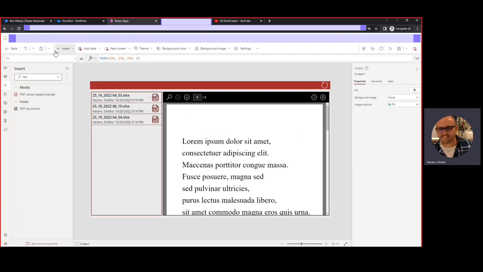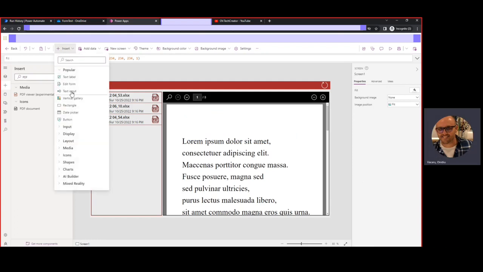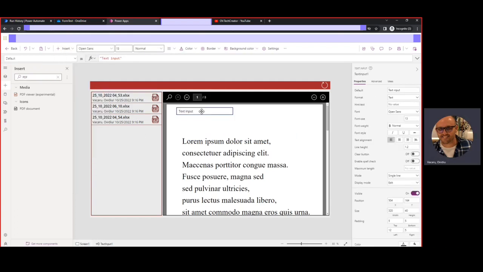Actually, I would like to add a text input label. Okay, and now let's make it bigger. Here it's small, it's single line, but I would like to see multi-lines. Now, what I'm trying to show you is the entire link